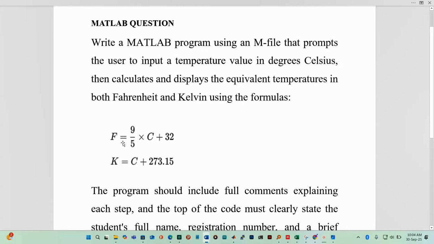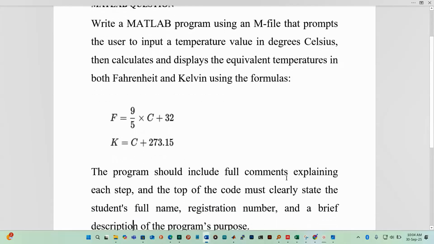So in degrees Fahrenheit, we have F equal to 9 out of 5 times C plus 32. This C is the one in Celsius. Then Kelvin is equal to the degrees Celsius plus 273.15. The program should include full comments explaining each step, and the top of the code must clearly state